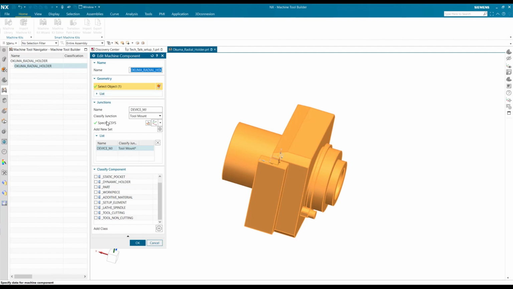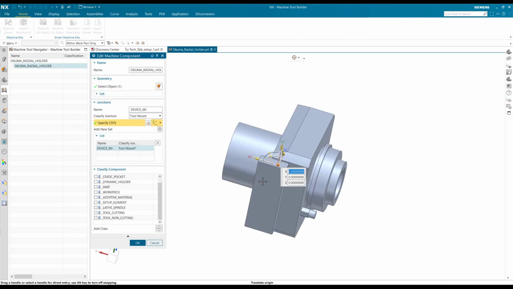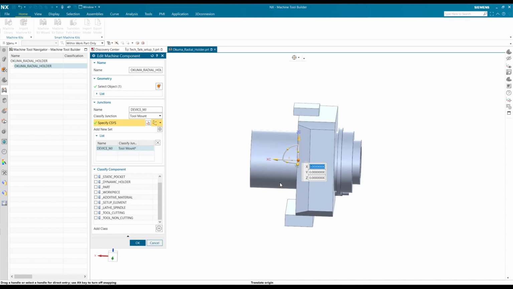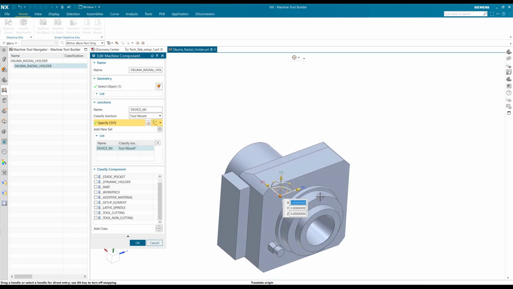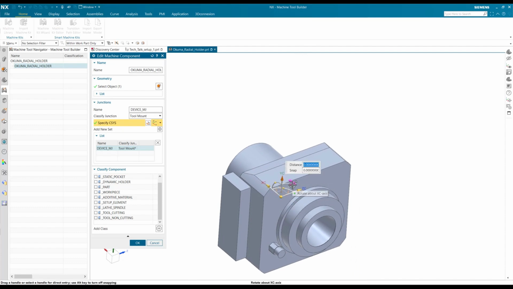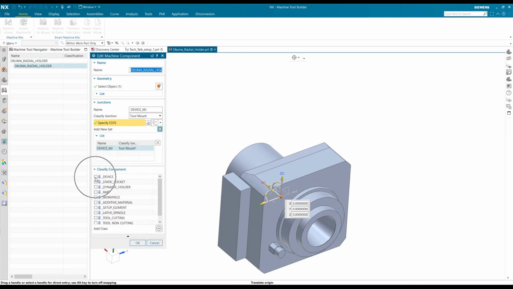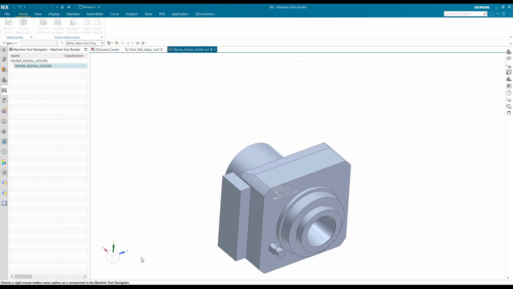So I'm going to double click back into this and re-specify this coordinate system. If I want this to mount, my X is going into the turret, that's good, but my Y, I want that to face the spindle. And then on the classify component, you may need to expand this, and you're going to classify this as the device. Select OK. And now we have our device